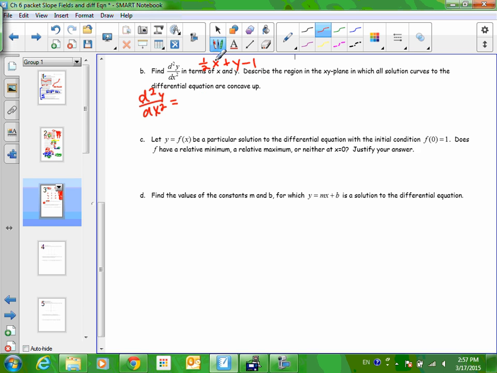So what is the derivative of 1/2 x? 1/2. What's the derivative of y? 1, but times dy over dx. Yeah, times dy over dx, and you don't need the 1, actually, but it's not wrong to put it. And then the derivative of -1 would be nothing. So this is fine, except that it doesn't really follow the directions of in terms of x and y. So what you've got to do here is you have your 1/2, and in place of dy over dx, you've got to write what dy over dx